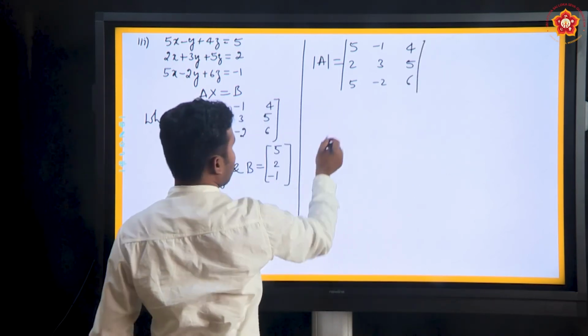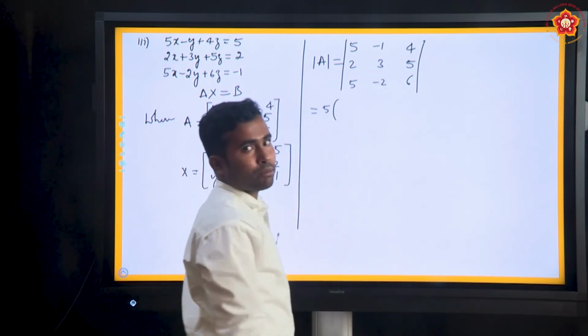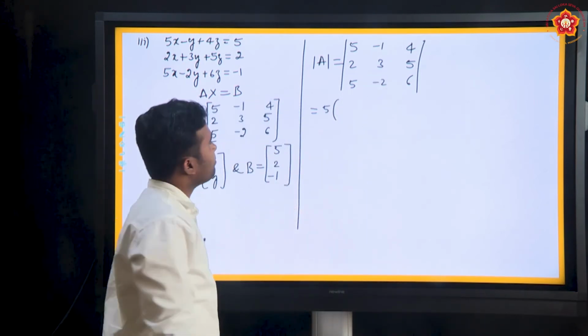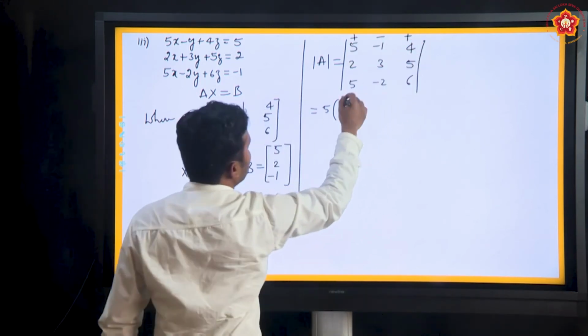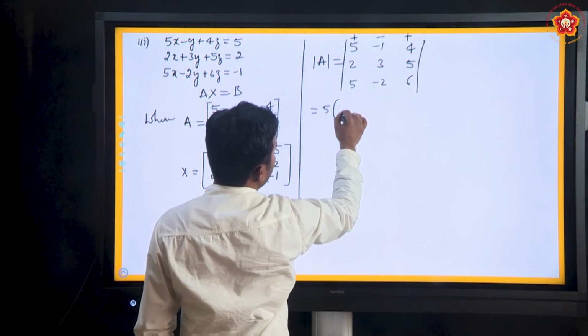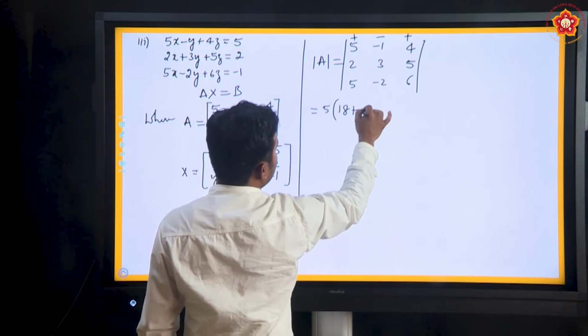So, find the determinant value for this. 5 times, I will expand through row 1. So, 5, you know the signs plus minus plus. Okay. So, 3 6 18, minus of minus 10 is plus 10